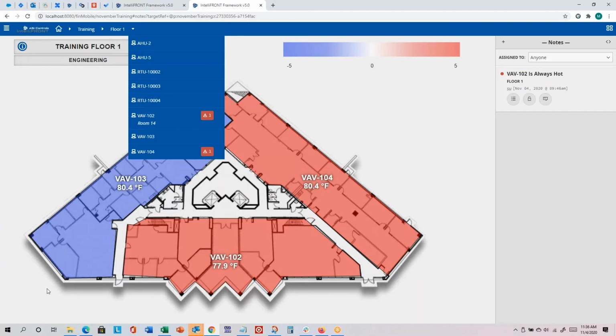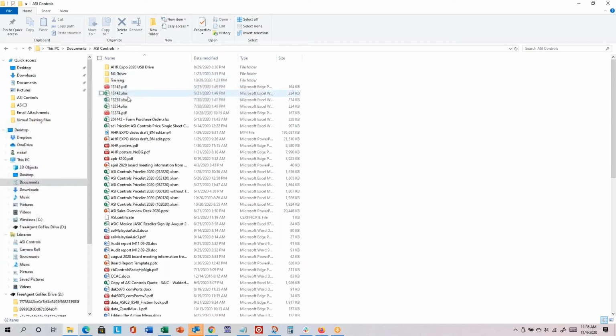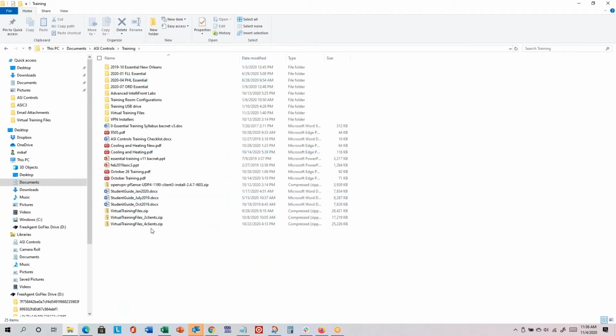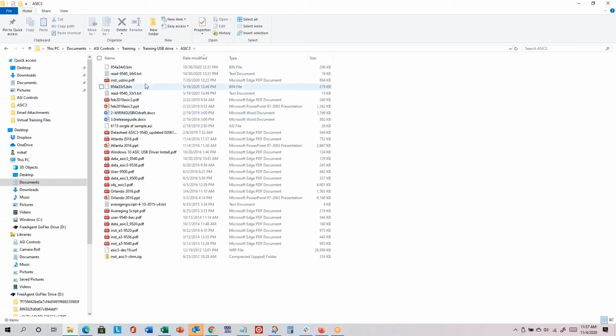So if I have a data sheet on my computer for the 6100 controller, it's not in your virtual training files. I'm just going to link to a PDF essentially. So you could pick any PDF. I think I'll do it for the ASIC 3. So I have this PDF for 9540. And again, you could pick any PDF. It doesn't necessarily need to be the 9540 data sheet, just to show you how you can upload resources into